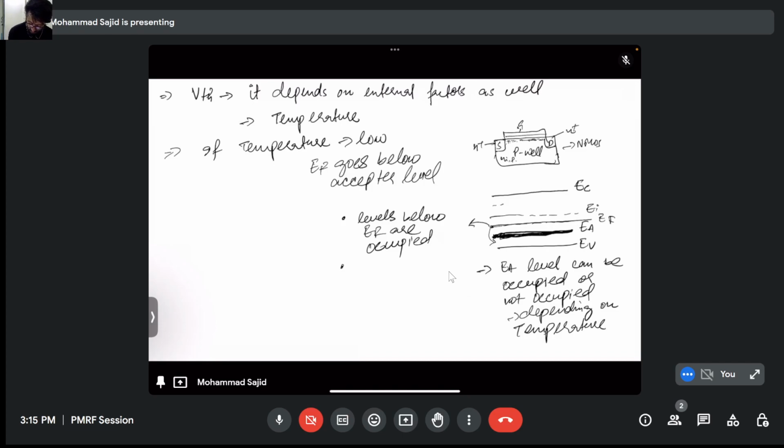Similarly, if your device is NMOS, this is ED here, if temperature goes down, then it becomes difficult for these electrons to jump in, and they will remain in their ED level. So your Fermi level will be somewhere here. Yeah, right? So if these things change, it will eventually